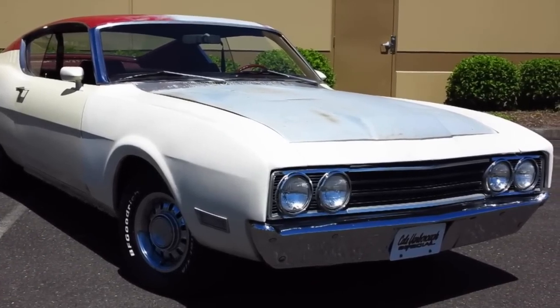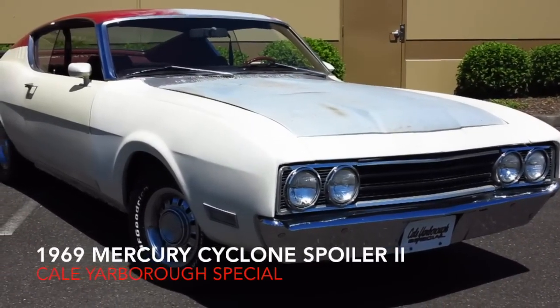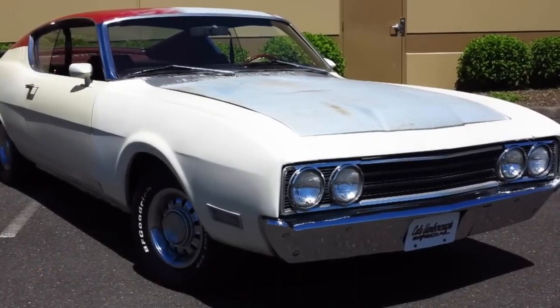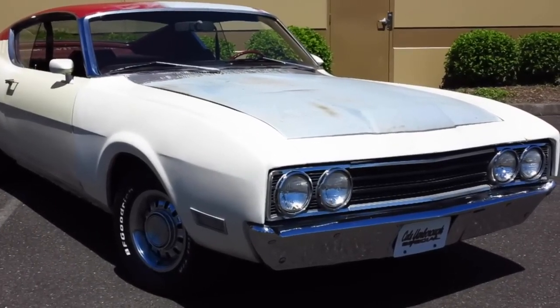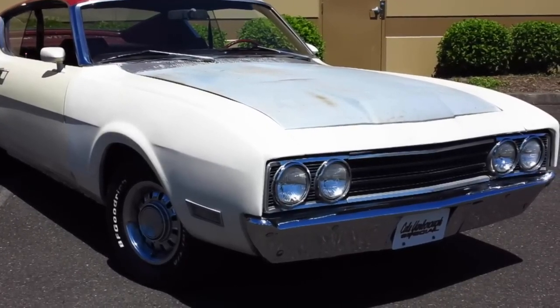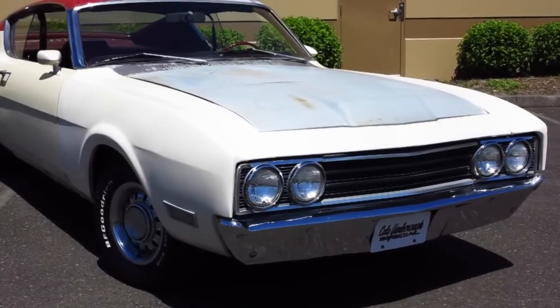We are looking at a 69 Cyclone Spoiler 2. Now this is the Cale Yarborough version. This is the one that was sold east of the Mississippi. Dan Gurney's were sold west. The Cales had the red top with red interior. The Dans had the blue interior and the blue top. They only made 353 of the Arrow nose cars, and the difference between those, there's a couple significant ones, is